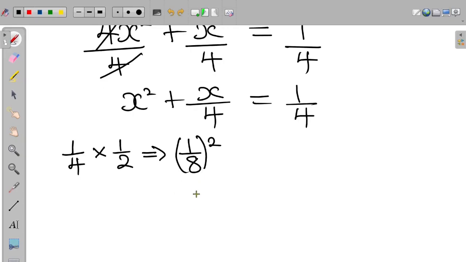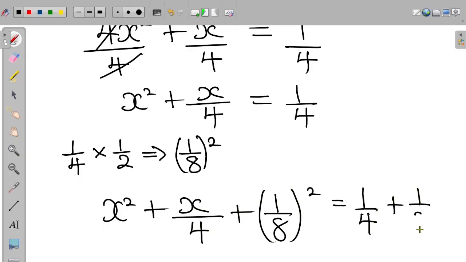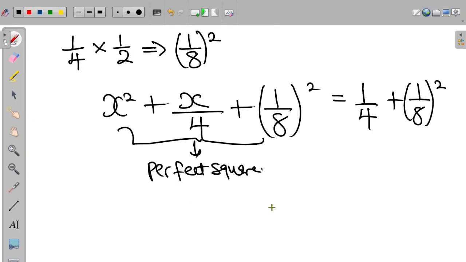Now, to complete the square, we add this result, which is 1 divided by 8 all squared, to both sides of the equation. So we have that x squared plus x divided by 4 plus 1 divided by 8 all squared is equal to 1 divided by 4 plus 1 divided by 8 all squared. Now, the left-hand side is a perfect square. So therefore, we can factorize the left-hand side to become x plus 1 divided by 8 all raised to the power of 2